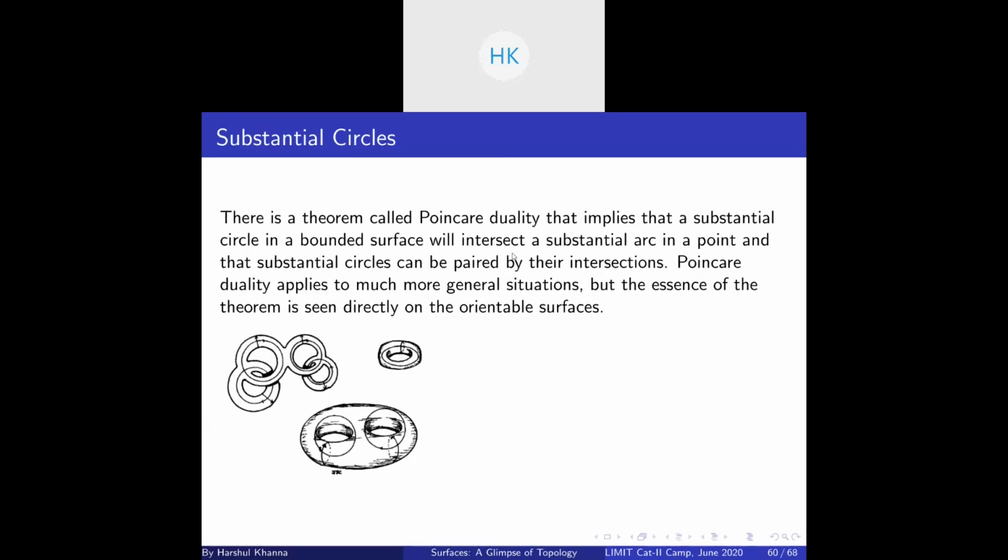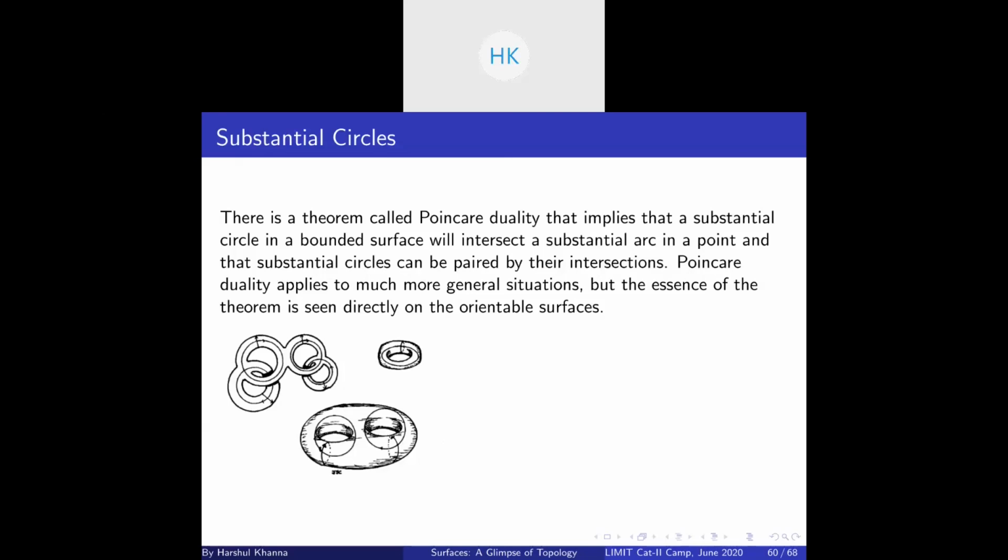Now, if you remember when I said that you have to cut the Mobius strip along its length from the middle, and when you cut it, you saw that it does not separate. Does everyone remember that? Yes. Okay. So now, the Mobius strip has, let's say, one substantial arc, right? If you cut perpendicular to the length, then you will not separate the surface. You will get a long strip of paper.